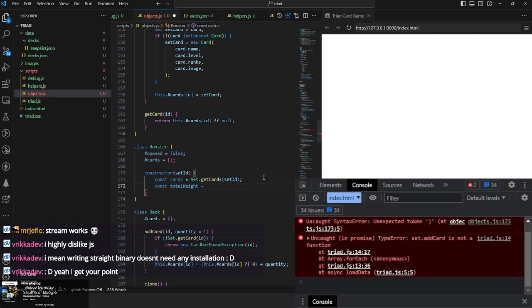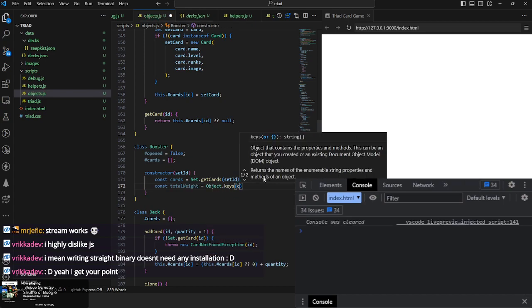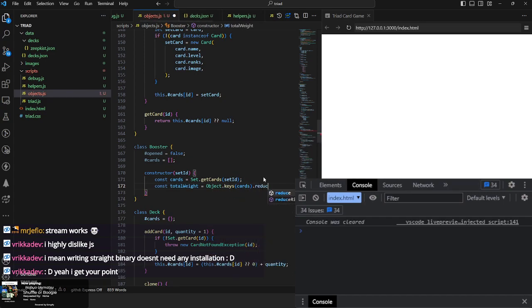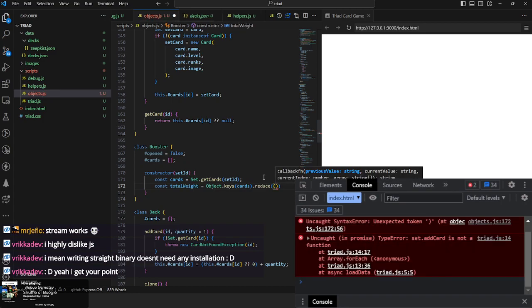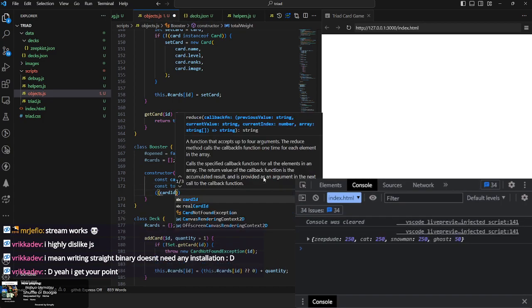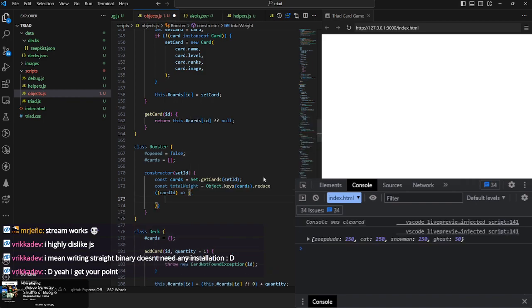I believe, okay, object keys, cards, reduce, card ID, okay, 0, and then